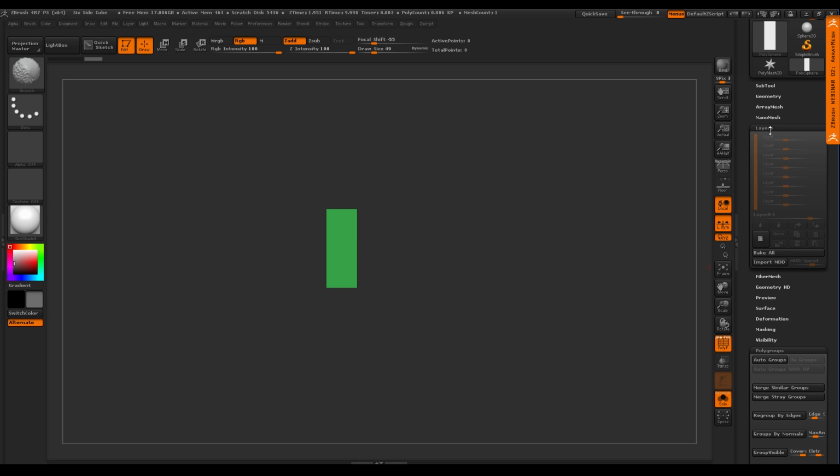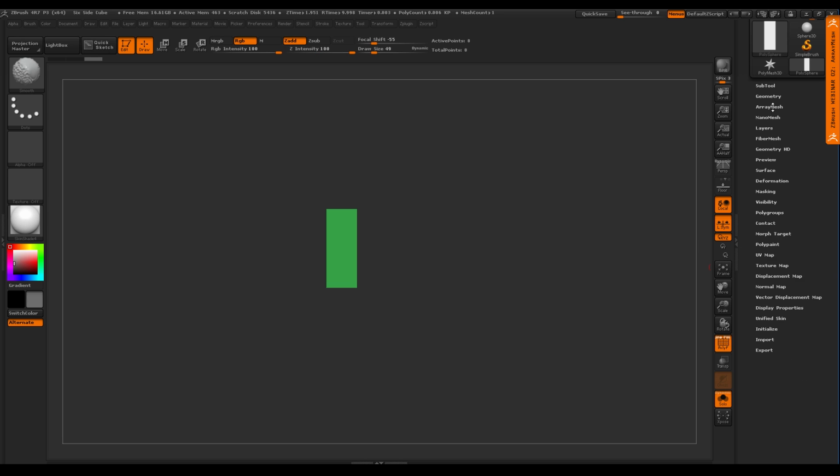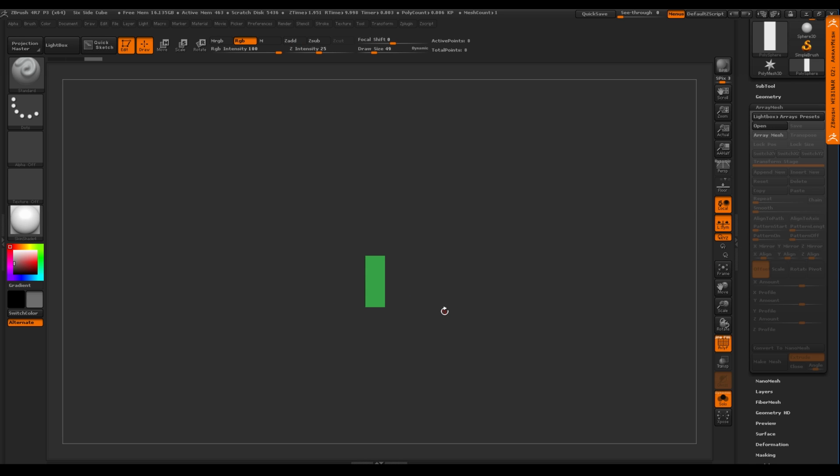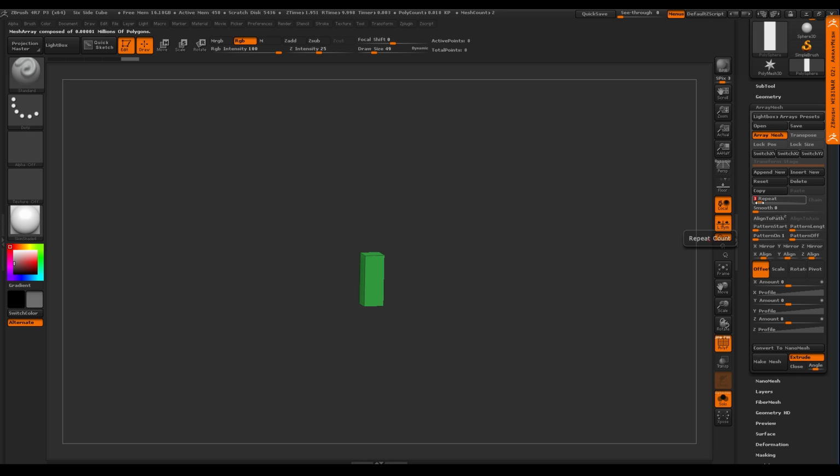So let's start array meshing this. What I like to do at this stage when I did that piece is I immediately turned on array mesh. So it'll look like nothing's happening, but right here, there's a repeat option. And what that's doing is saying how many of these rectangles do I want? So I clearly want 3, right? So I'm just going to tap on the slider so I can adjust like this.